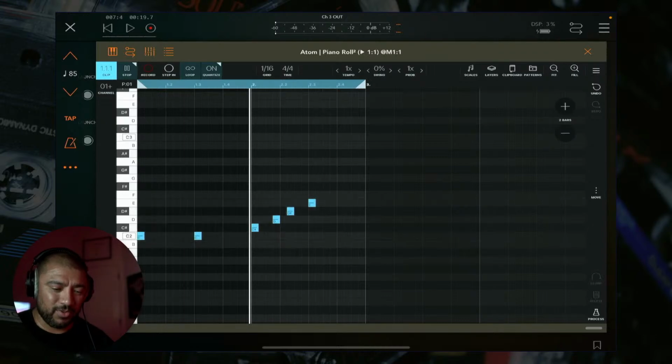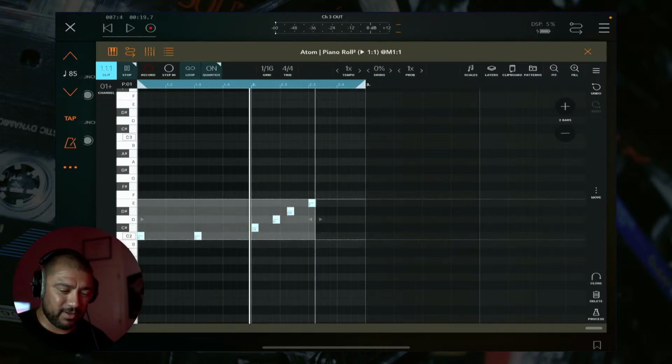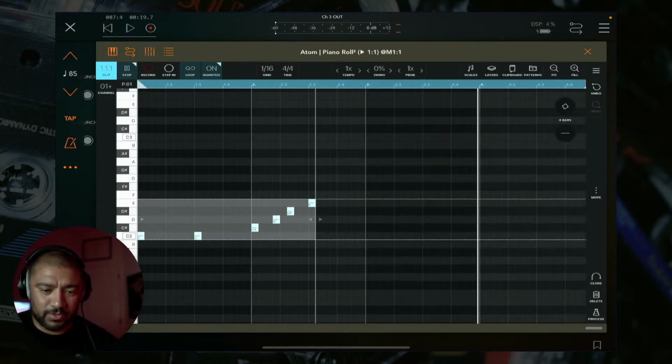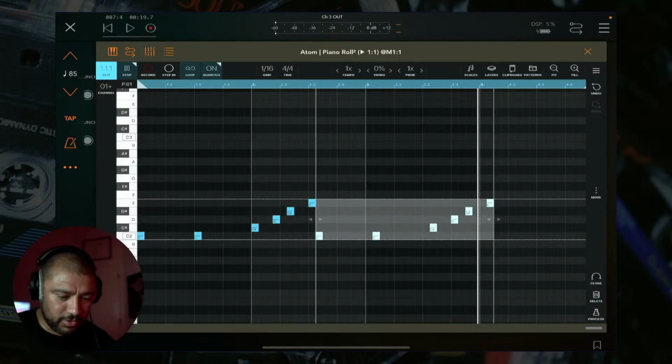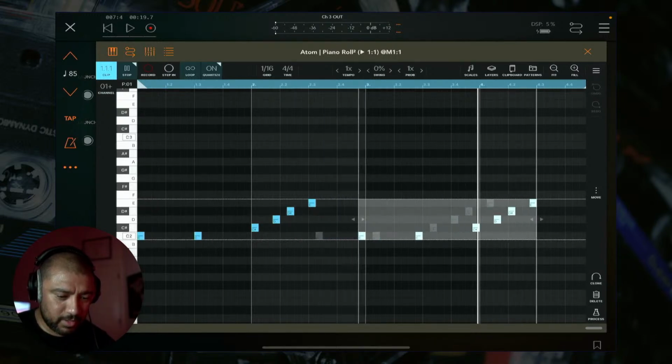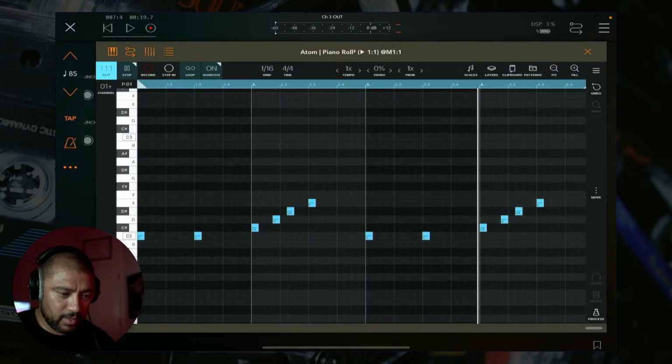And when you copy it, it only copies that and it's gonna put it right at the end of the last note. So you have to slide it over and put it in place. So let's just double this up to 4 bars, clone it, and then drag it to where it should be. And then